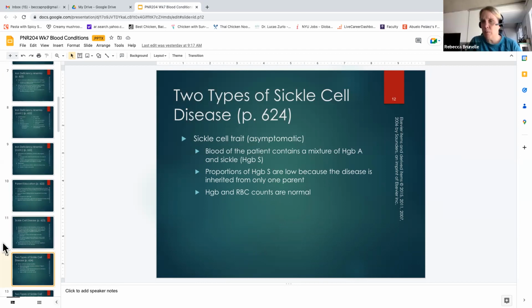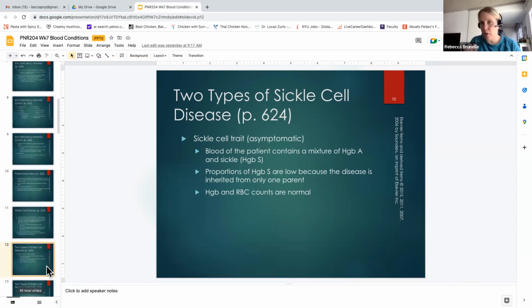So it's really important, you always are going to be asked priority questions. This is a disease where one of your priorities is going to be placing an IV and getting them started on IV fluids, because their blood is almost too thick because those cells are misshapen and they stick together. So you want to make sure that things are able to flow through. They're going to need an IV and they're going to need IV fluid. And then the other things you mentioned: warming them up, oxygen, and good pain control.